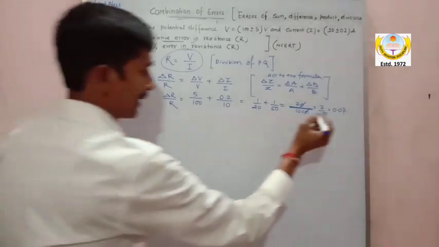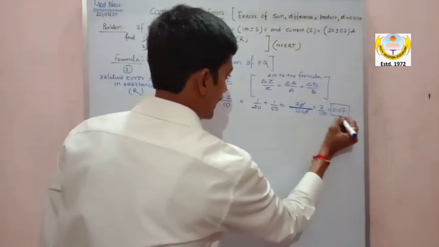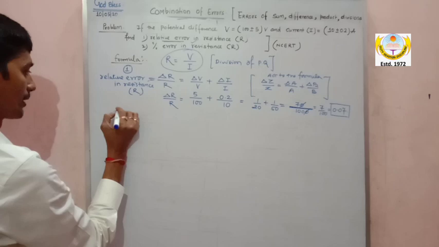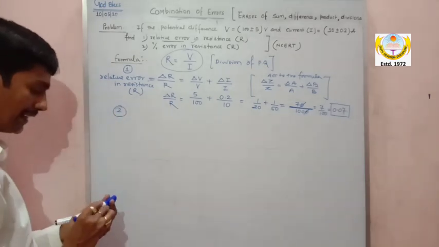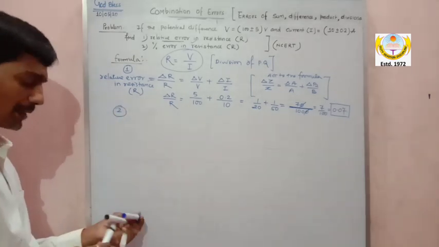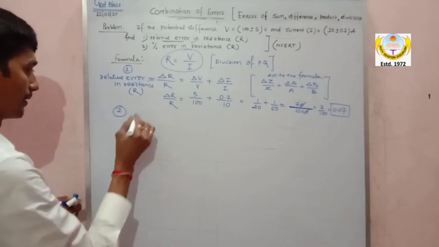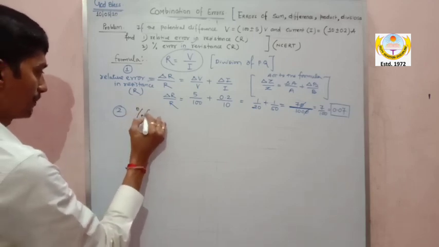So this is the relative error in R, and the answer of relative error in R is 0.07. Now the second question is percentage error in R. How much is the percentage error in R? So percentage error in R